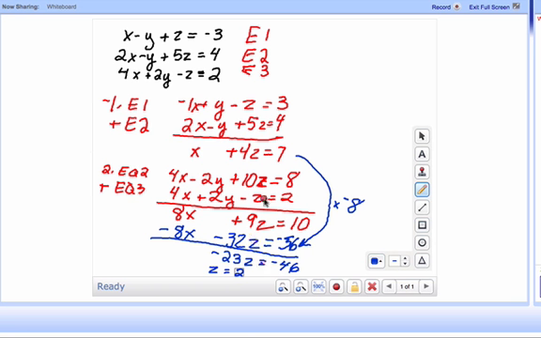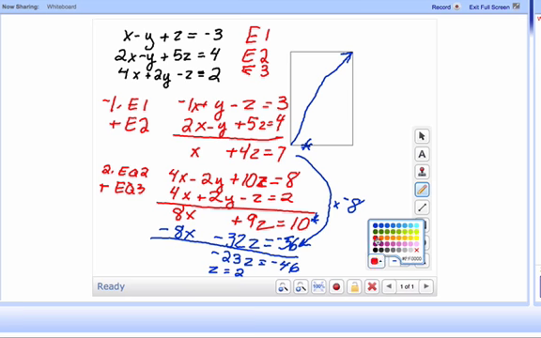Okay, now this is the longest part of this problem. Everything after this is just simply substitution. So we can substitute it back into one of our middle equations here that only has 2 variables, so either one of these. And I'm going to plug it into the top one because it's a little smaller. So we're going to now come up here to this point, and we're going to substitute in,